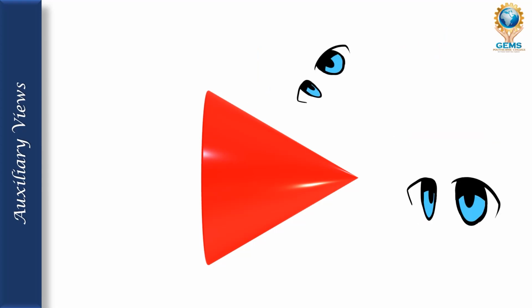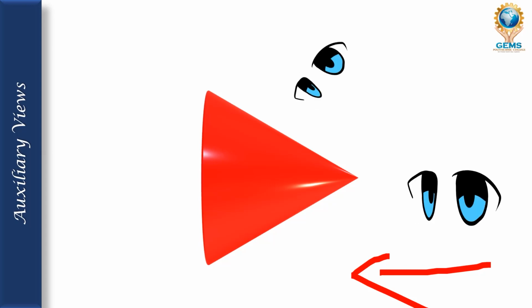This is the cone now. I'm seeing the front view from here itself, so I will see the circle. I can see the center point, and I can see the connecting lines also. There will be no lines on a cone, but if you want to draw the lines, you can draw them, not an issue. So now this is a cone and it's connected.